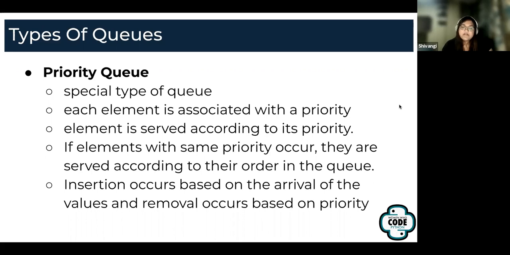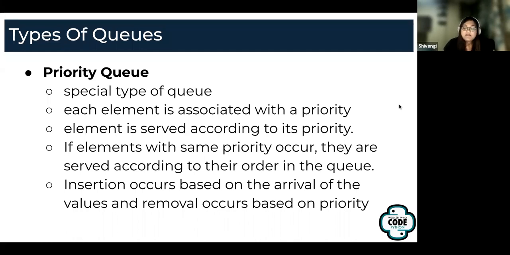The first person to come in is the first person to go out, right? But unlike the other 2 queues, over here, the logic is slightly different. So here the elements are served according to their priority. I'll explain that in a little more detail in the next slide.